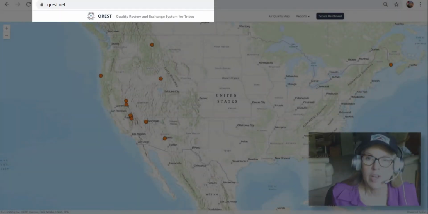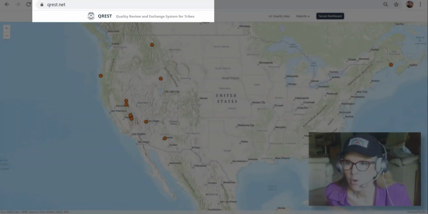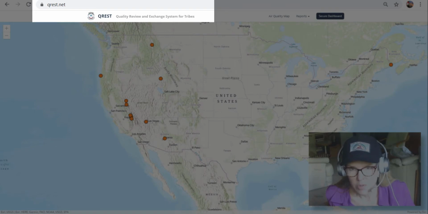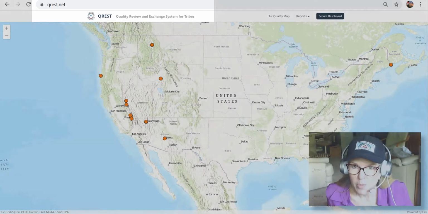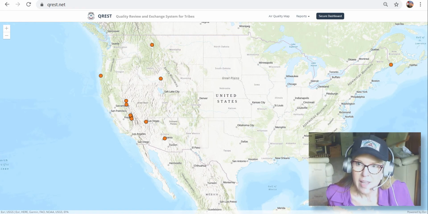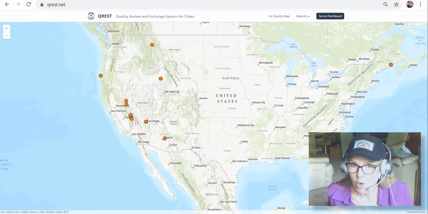The Quality Review and Exchange System for Tribes, or QREST, is an open source software, and by open source what I mean is that it is free to tribes. The code is freely available. There will be no licensing fees. There are some fees that ITEP will bear for maintenance and cloud storage, but this is an open source cloud-based